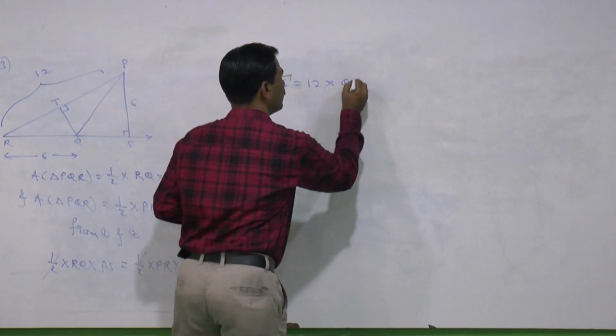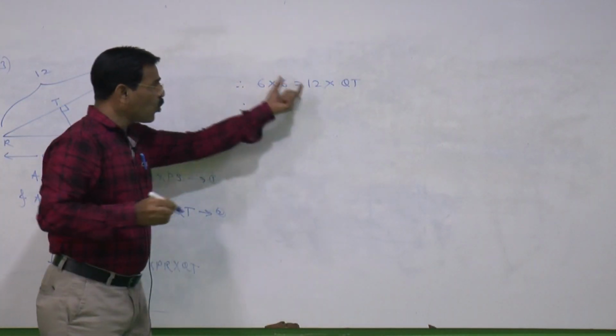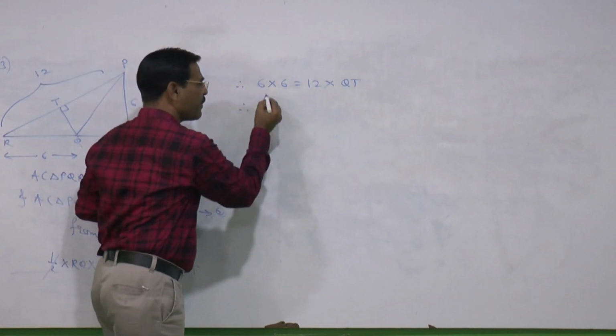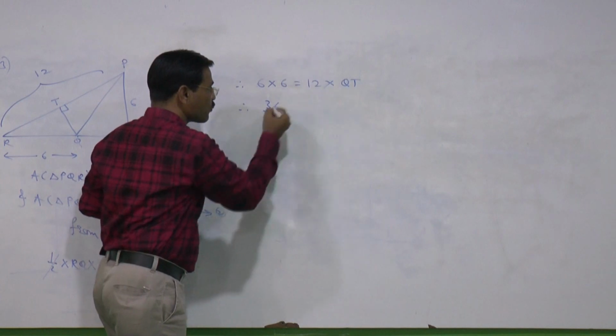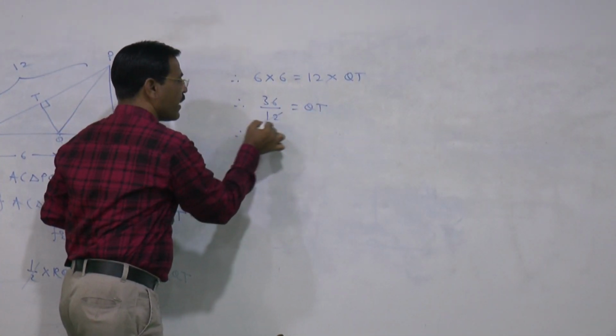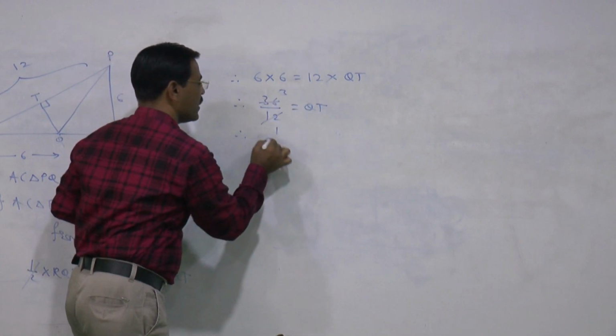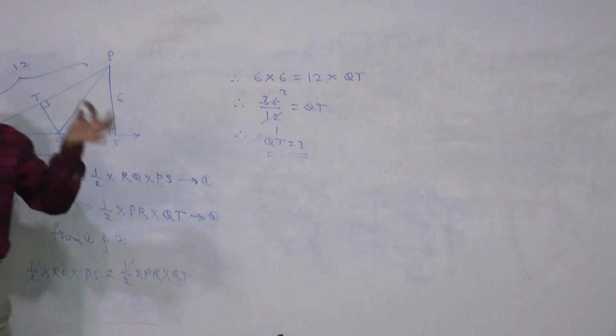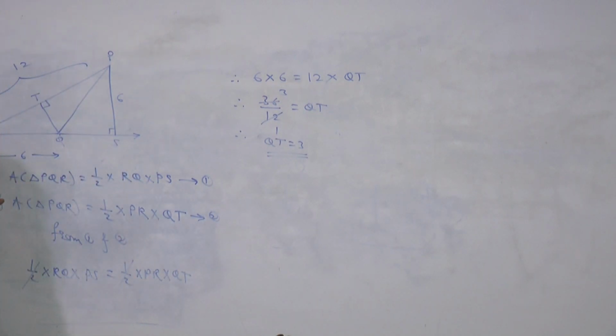Okay friends, look here. Now this 12 comes to this side. What can we find here now? See here, we can multiply also. 6 sixes are 36. This 12 comes in the denominator. So what will be QT? 12 ones are 12, threes are 36. So in this way we find QT is equal to 3. Understand, friends? Okay. Now I'll take the next sum. Again that is very simple. So the fourth one. Look here.